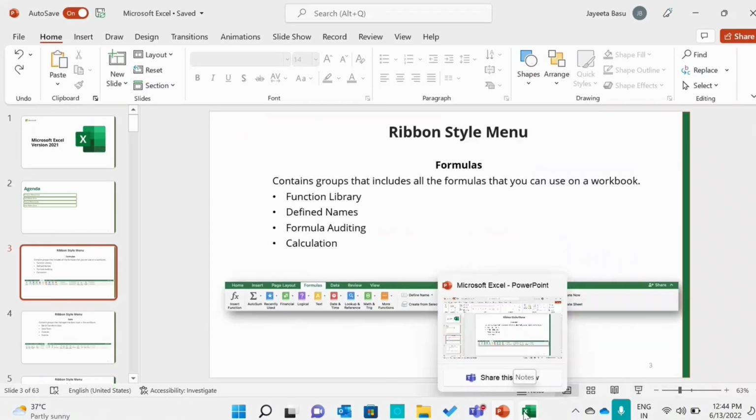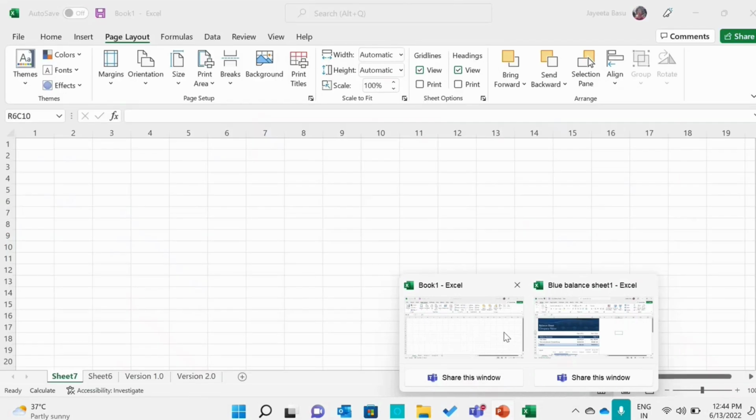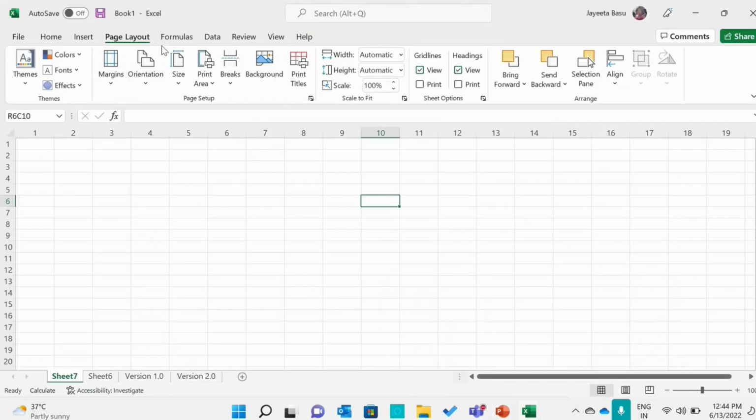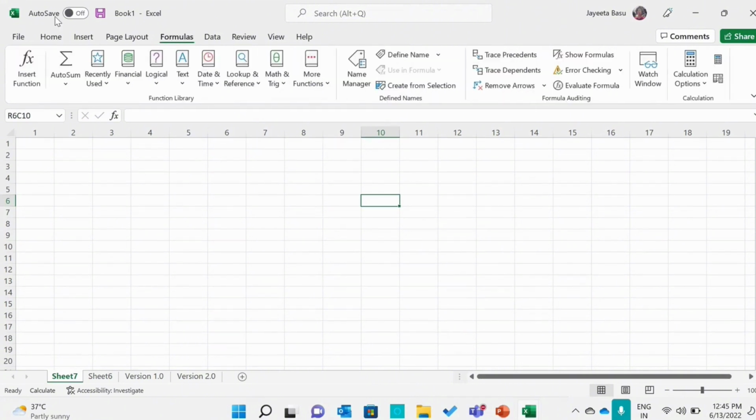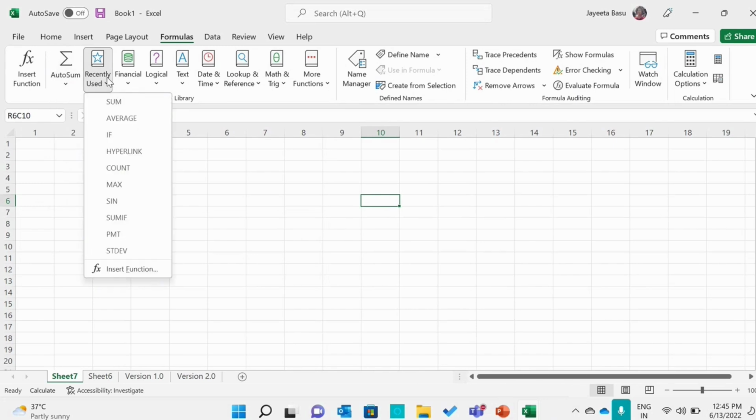So we will go back to the Microsoft Excel workbook, which we were working with. And just beside page layout, you will be able to look at formulas ribbon menu. Once you click to formulas ribbon menu, the first thing you see is insert a function. Then there is function library. For example, there is auto sum, where you can do sum, average, count number, maximum, minimum, and there are more functions. There is recently used, where you have the basic ones: sum, average, if, hyperlink, count, max, sin, sum if,